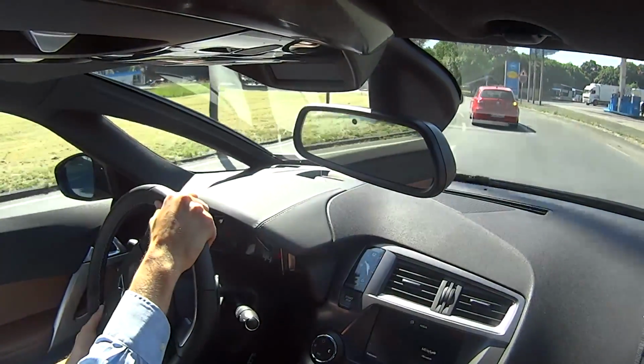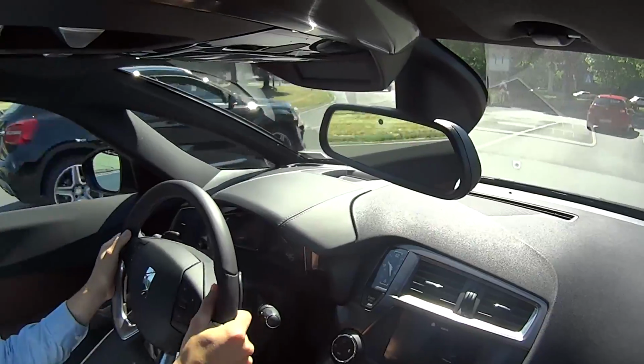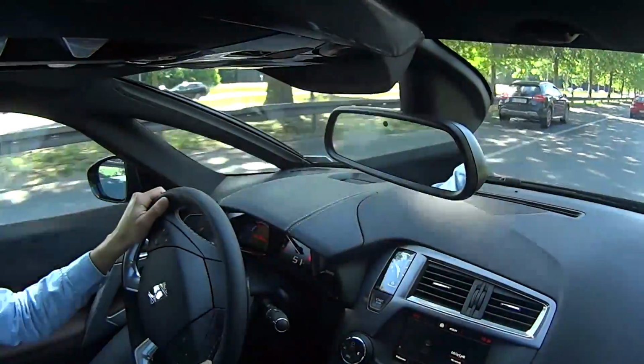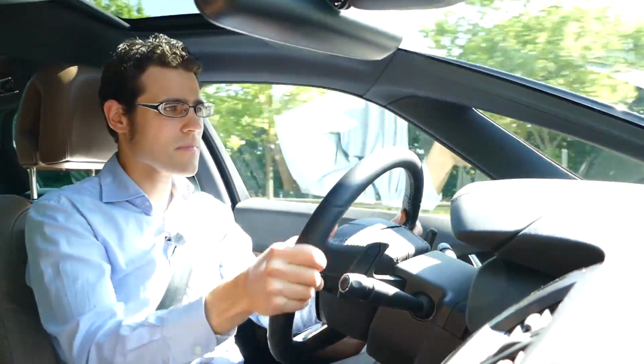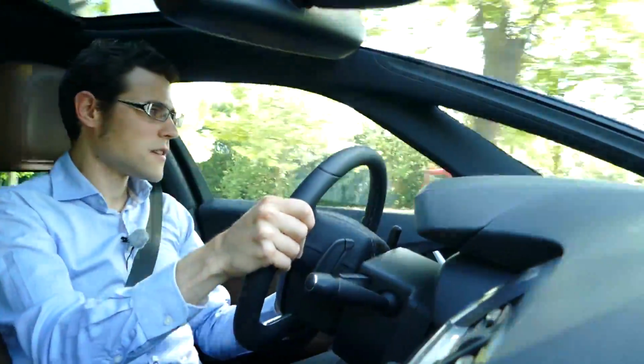The contact with the steering wheel to the road is not too direct, but it also doesn't feel too soft. It's quite okay. You see, the steering wheel is quite long for what we're doing, so I would prefer a rather sporty steering in this case. The suspension is also set all the way on comfort, so if we do some right and left leaning now, we already feel that the car is leaning a lot to the left and the right,